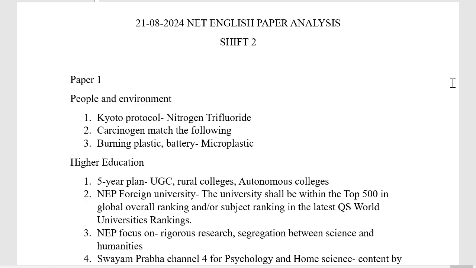The second question was match the following. On one side, there was carcinogen, which is related to something that can cause cancer. There was mutagens that can cause damage or can alter genetic components. Okay, so this was the question. I think those who could clearly figure out carcinogen and mutagen would have found it easy to pick